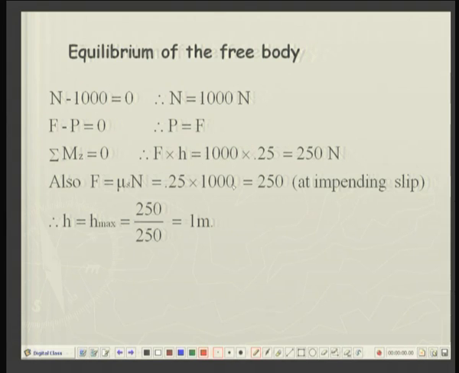Sigma Fy is equal to 0, that is the normal reaction N minus downward load of 1000 newtons. So, it gives us N is equal to 1000 newtons. Sigma Fx is equal to 0, that is P is equal to F, that is obvious, and then the moment about this corner point,